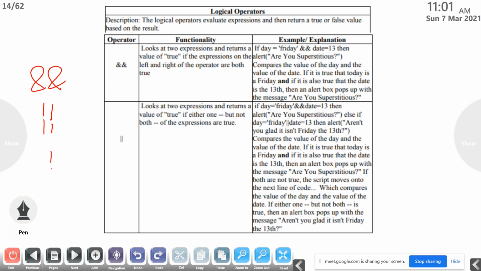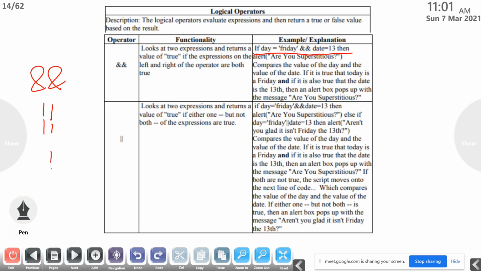If day equal to Friday and date equal to 13, we are comparing both the values. The result will be true only if all the values are true. That is AND operator. We can combine many values and the result will be true only if all the values become true.